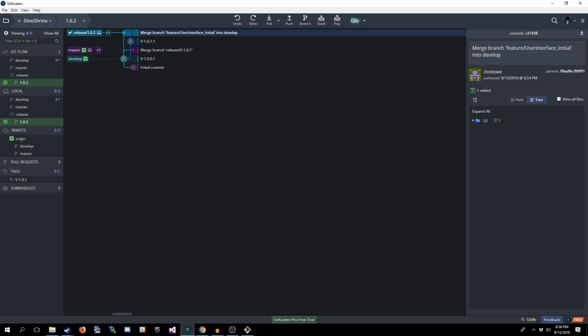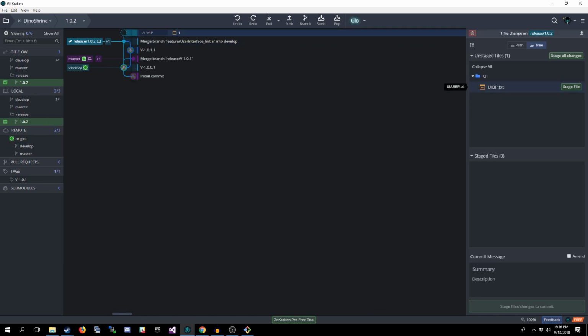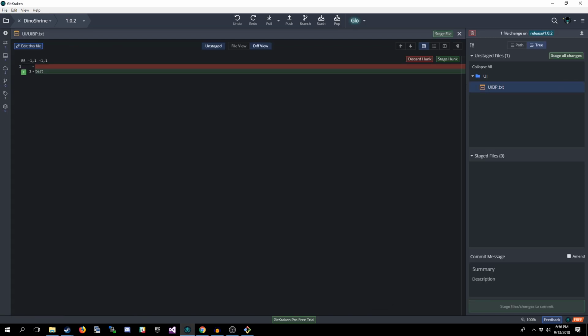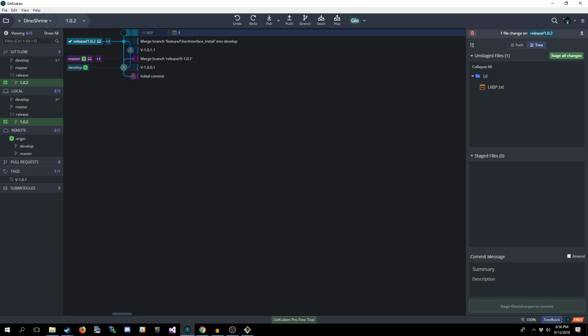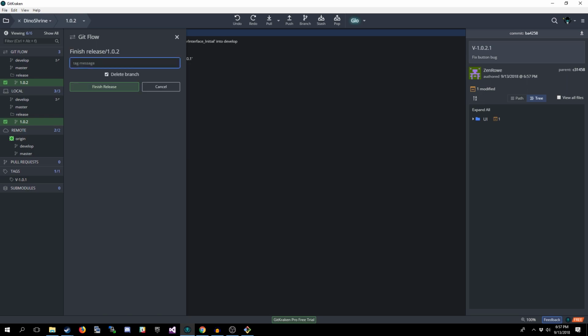So it's going to look like it's in the same place until, let's say we had a bug. All I did was write test in the file itself. You won't be able to do this with actual UI assets, but in text-based languages, you can actually click on them and see the changes. But, let's say we found a bug, we fixed it, staged those changes. We'll name it a slightly different version. I'll just say we fixed a bug, and we'll commit, okay? So now our release branch is a little bit ahead, but that was the only issue, so we'll finish it.